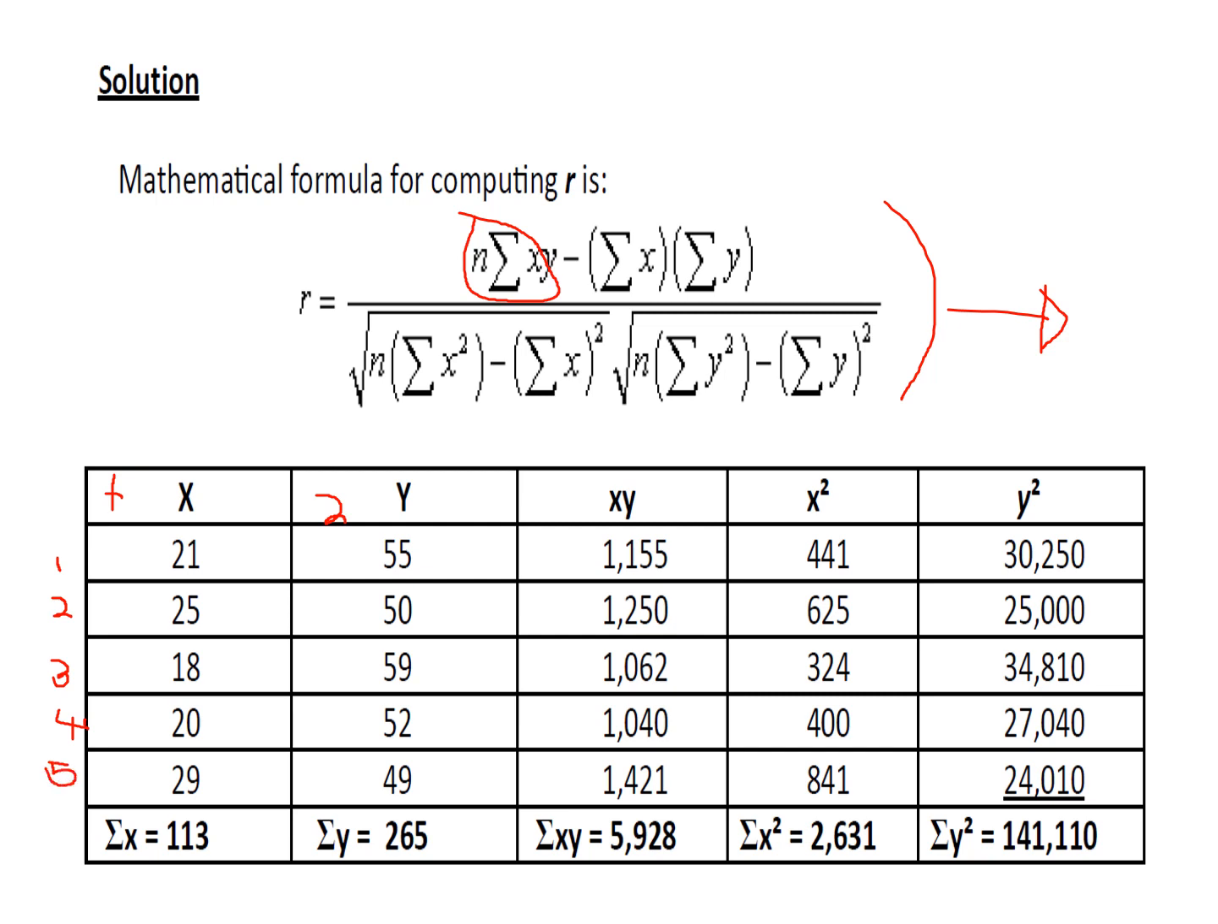So here we can see that this is pretty straightforward. Then this is minus, so we do these two first. The sum of x is 113, and times by the sum of y, which is 265. So that's straightforward. And all you do, you times 113 times 265. Obviously you do number times x times y, and you take that away from these two,